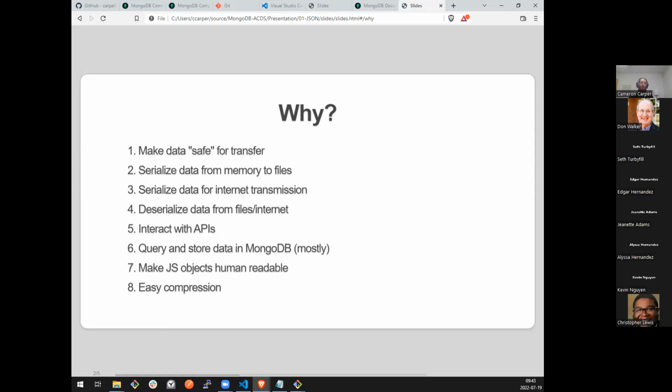Same is true for transmission over the internet. Once we've serialized it into a text format and transferred it to whoever wants it, in this case, I put it on GitHub from my desktop at home and downloaded it on this computer. It's the exact same file either way, and it's plain text. All of you can download it. We can send it back and forth in emails. When you're dealing with plain text, it's super easy and safe to transfer.